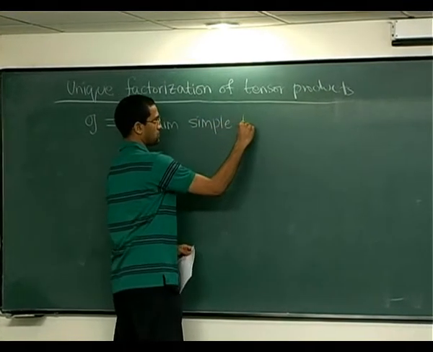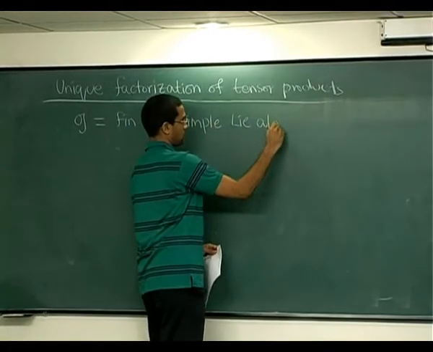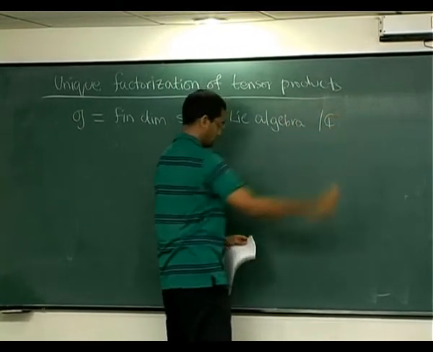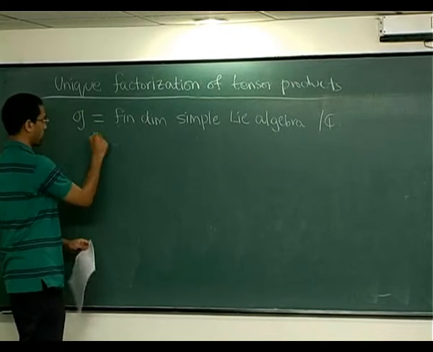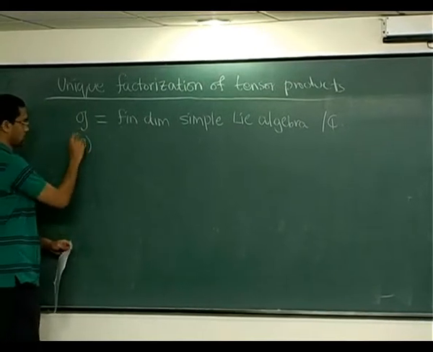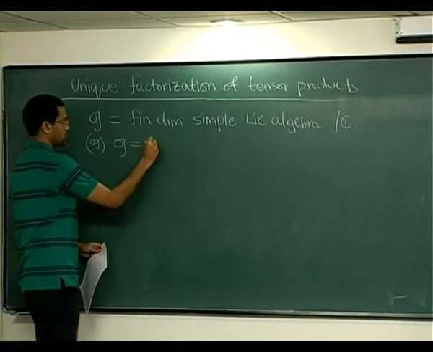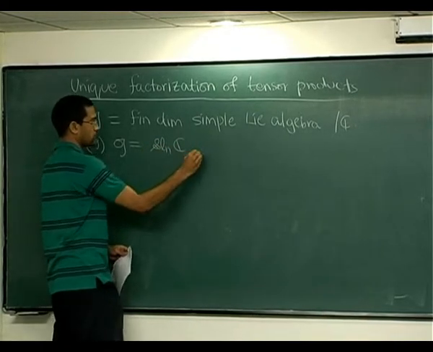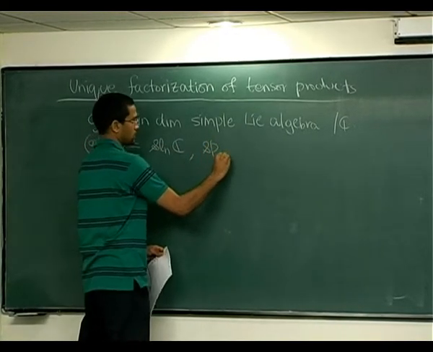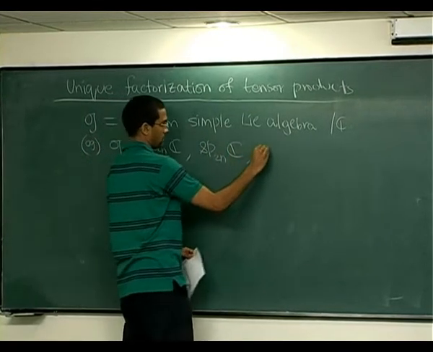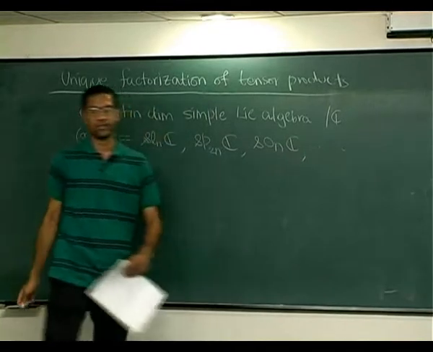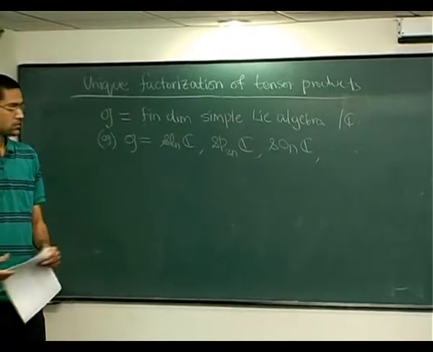simple Lie algebra over the complex numbers. So for example, you can think of G as SLN C, the trace zero matrices, or say the symplectic Lie algebra, or the orthogonal Lie algebra, or well, one of 5 Lie algebras. Now,